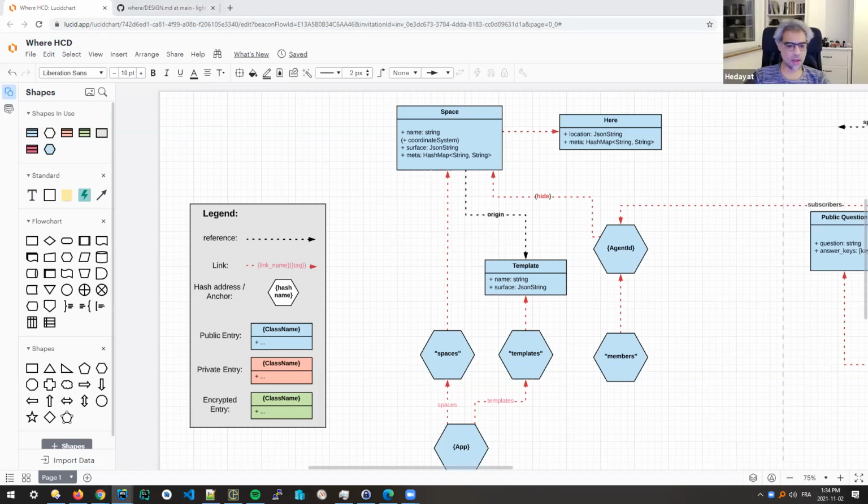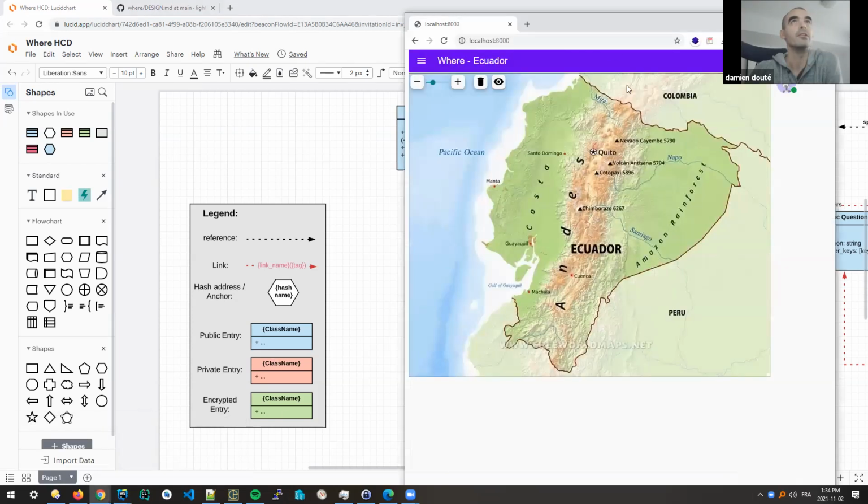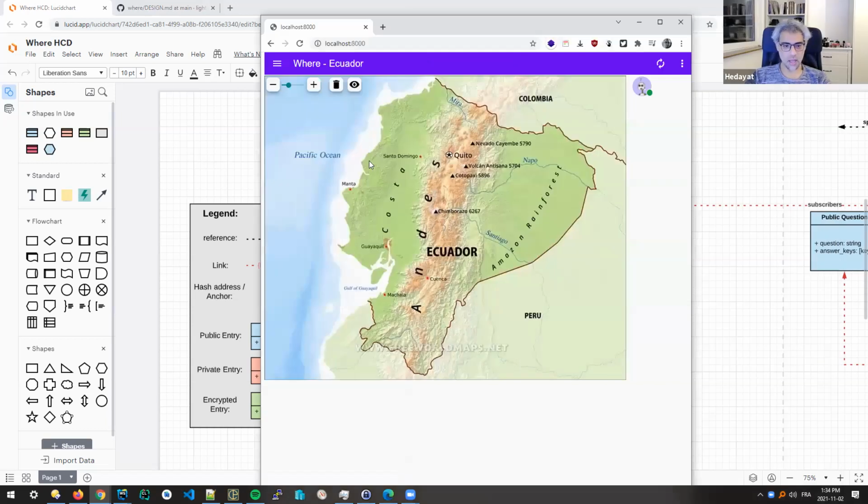Do you have the application running in the development or in the test? I have it running here, yeah. Yes, and